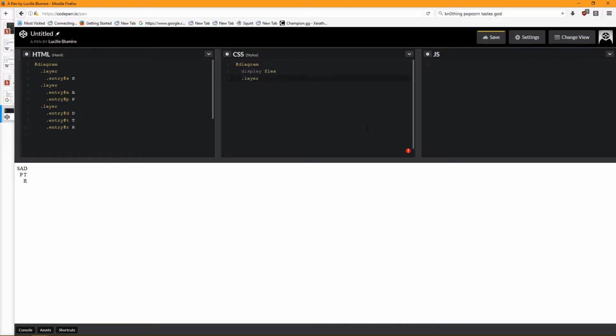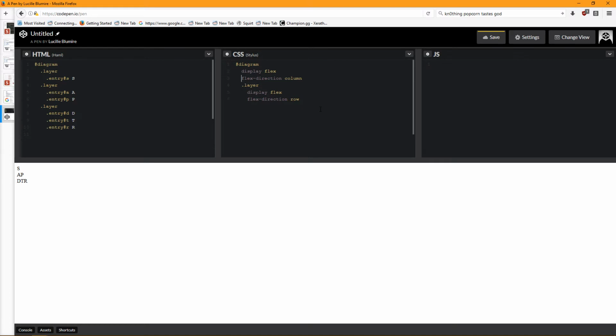Layer, display flex. Flex direction row. Column. Okay. Oh boy, you are SAP DTR. You need to be flex direction row, column, and then flex direction row. There we go. That's everything in the right order.